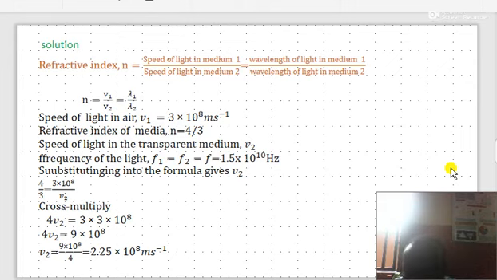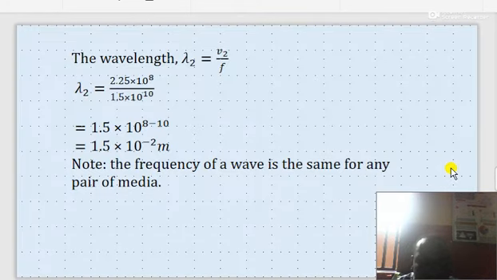We now need to calculate the wavelength. Since we know the speed of light in the second medium and we know that the frequency does not change, then it is a straightforward matter to apply this equation of wave, which states that the wavelength is equal to the wave speed divided by the frequency. We write the wavelength as 2.25 times 10 to the power 8 divided by 1.5 times 10 raised to the power 10. And finally, we obtain a value of 1.5 times 10 to the power minus 2 meters as the wavelength